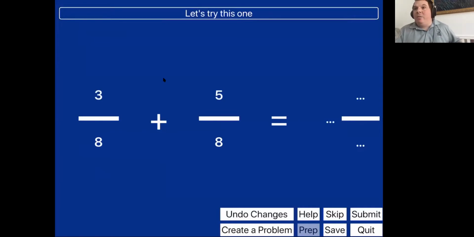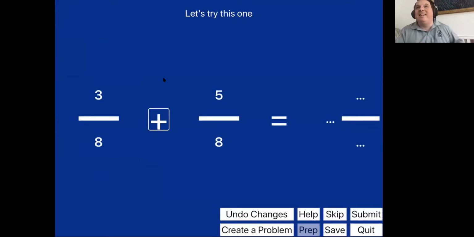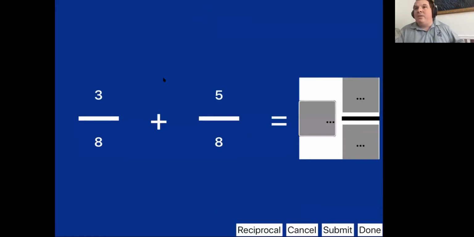So now that we know how that looks, we figured out the answer there by the help. I'm going to go over here and 3/8 plus 5/8 equals. This isn't cheating. I'm just showing you how this works. So I'm going to show you how to enter the answer here. Answer, blank. You'll hear it say tap to edit. So I'm going to double tap on this. Now we get a whole new screen, and you can actually see the problem here: 3/8 plus 5/8 equals blank. Whole number.